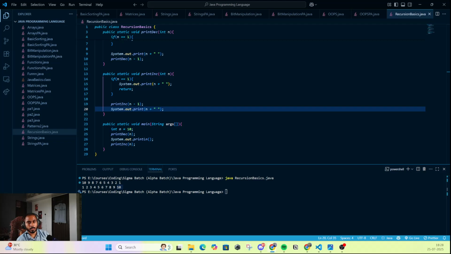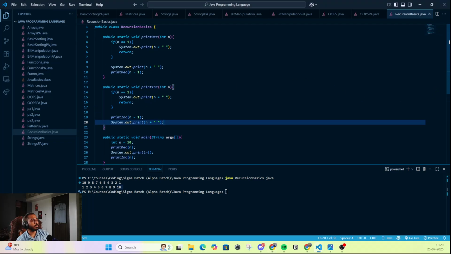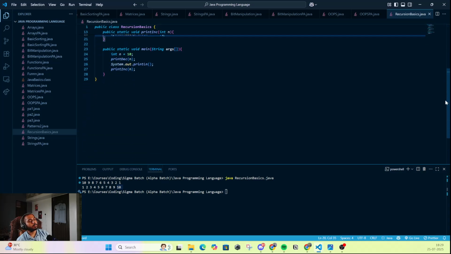Okay, so finally we have the problem to find the factorial of a number n. So if you remember, we have done recursion before. I don't remember which chapter it was in, but yeah.